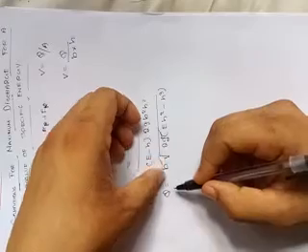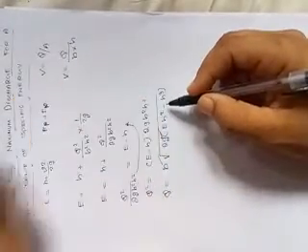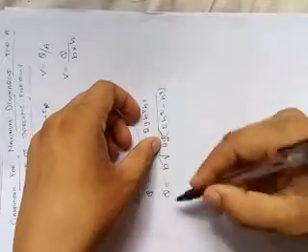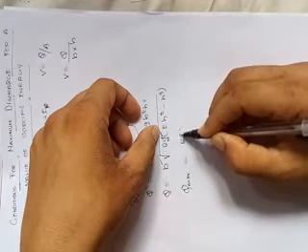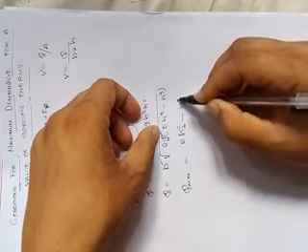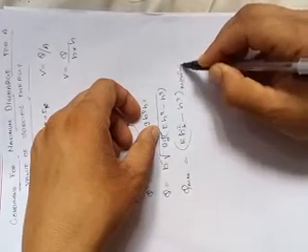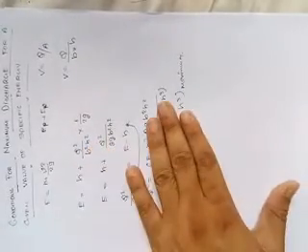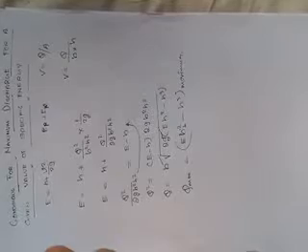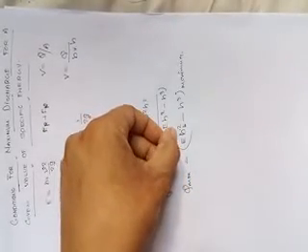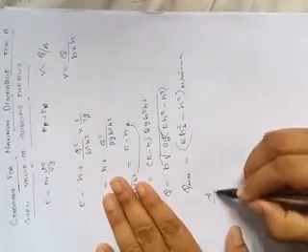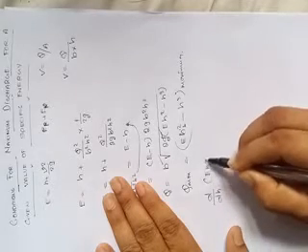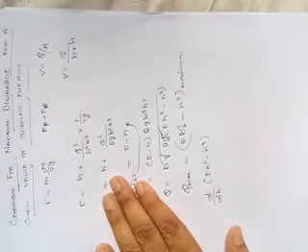So Q is directly proportional to root of EH square minus H cube. This EH square minus H cube should be maximum if Q is maximum. You got my point? So the differentiation of this will become 0 for the maximum or minimum. The differentiation of this term with respect to depth should be equal to 0. So the condition is that the differentiation of EH square minus H cube with respect to H is equal to 0.